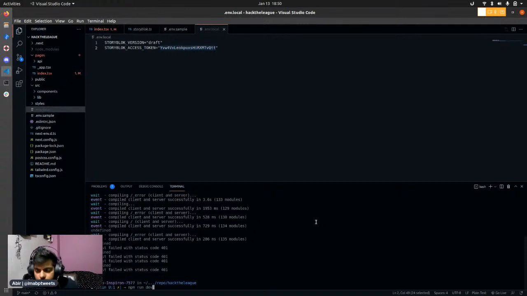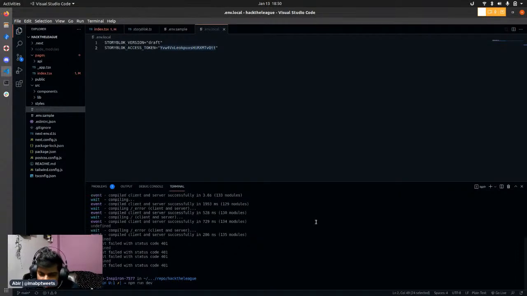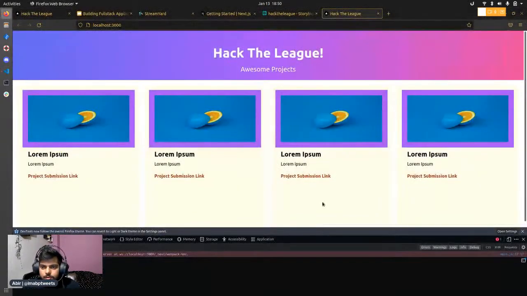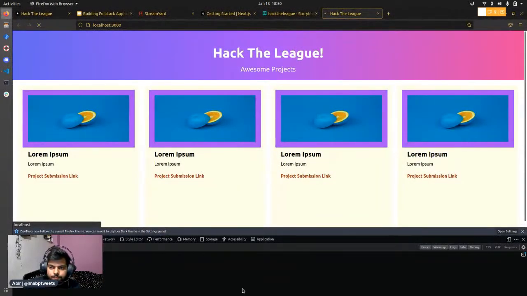This is the catch you have to remember: whenever you change any environment variable, you have to rerun the command npm run dev, close the existing server and rerun it. Now if you just reload it back again,